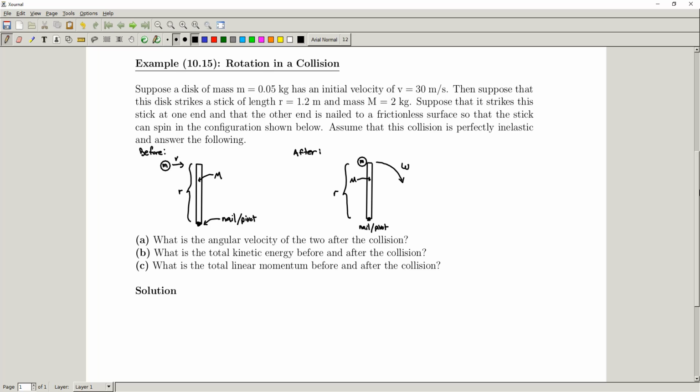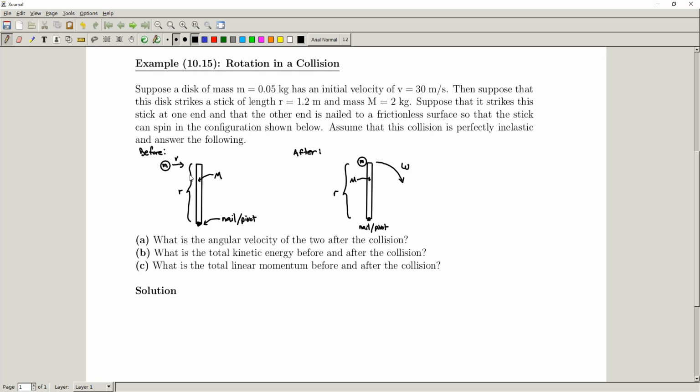We're going to suppose that it strikes this stick at one end of the stick, and that the other end is nailed to a frictionless surface. Okay, and so this is going to mean that our stick can spin, and we're going to assume that this collision is a perfectly inelastic collision, and so they stick together and they start to rotate together, and they're going to rotate because one end of the stick is nailed down, and we can see this setup shown below here, right? So we have the stick, and we have it nailed down at one end,